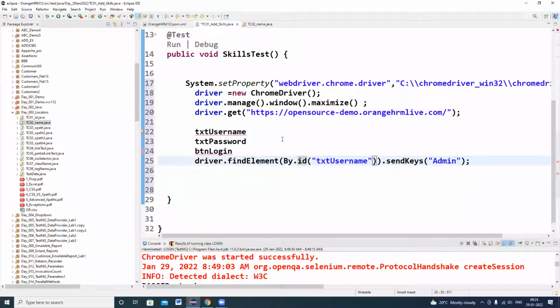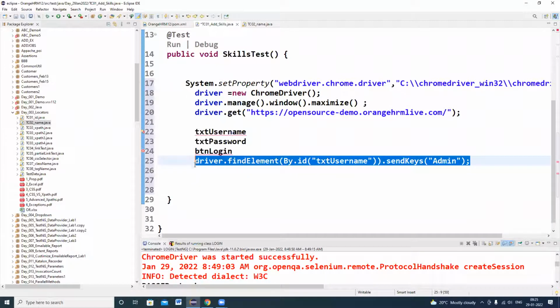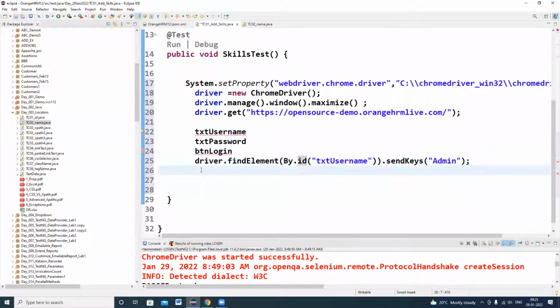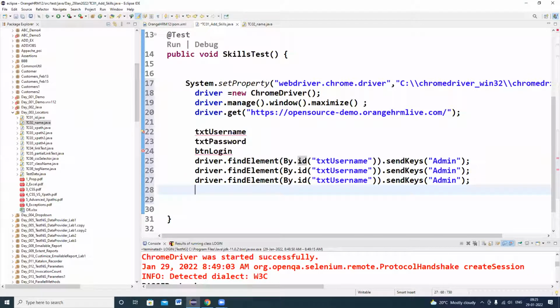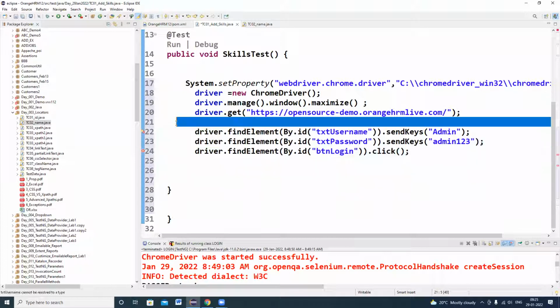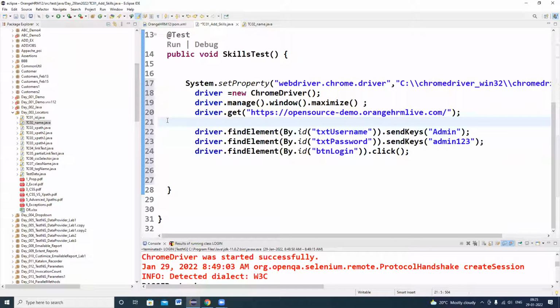The first one is txt username. This line is correct. Control C. How many lines of code do I have to write? Two more lines: txt username and txt password, and button login. The last one is a click operation. So the login page is automated.